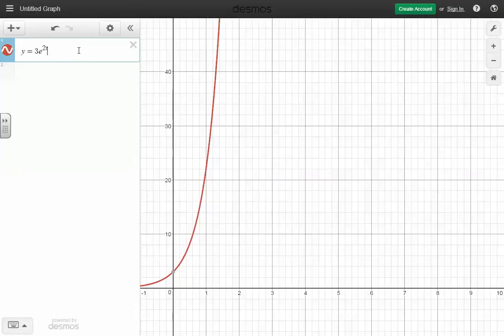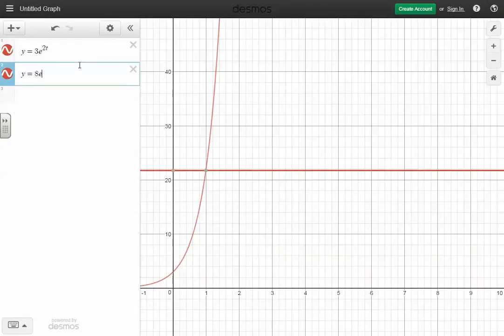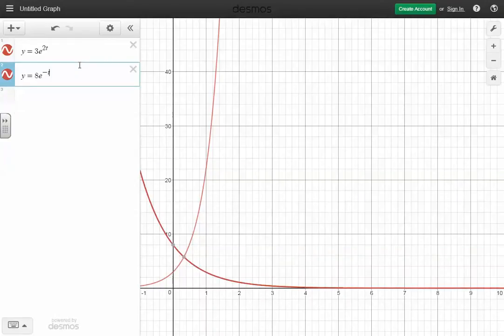Now let's start over and suppose we have two exponentials, but one is a positive exponential and one is a negative exponential. Okay, so there's our positive again, 3e to the 2t. And let's do negative e to the negative t. Hopefully this isn't a surprise what a negative exponential looks like. Right, that's exponential decay. It very quickly dies off to 0. And if we now put them both together,